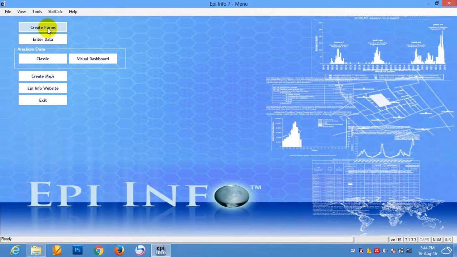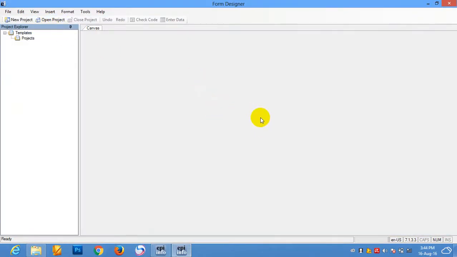or you can select the Tools menu, then Create Form here. Whichever one you like, Tools, Create Form, or the main menu Create Form. So it will appear here, and then we need to create a new project. But if you have an old project, you can click Open Project. If you are starting a new one, you can click New Project here